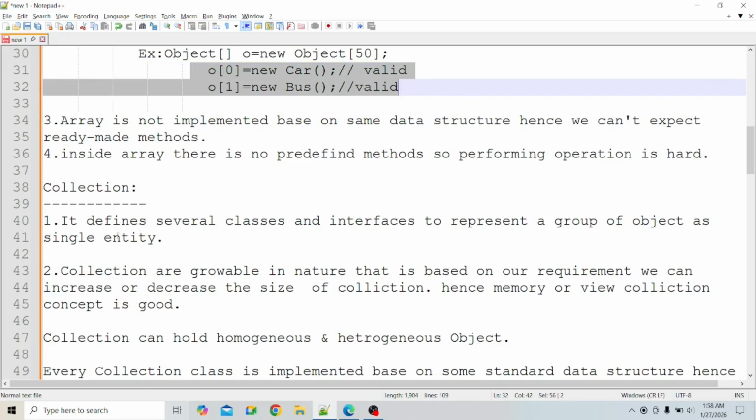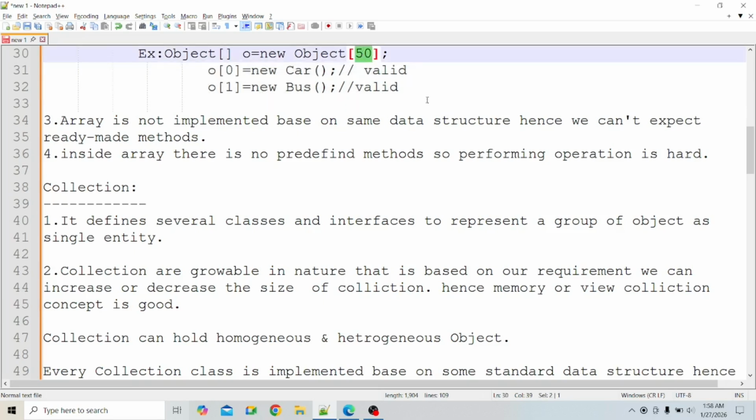But in a collection, if you add two objects, then only two objects' worth of memory is occupied, not 50 or more. At real time we can also increase or decrease the size inside the collection. So collection is growable in nature, meaning we can decrease or increase the size of